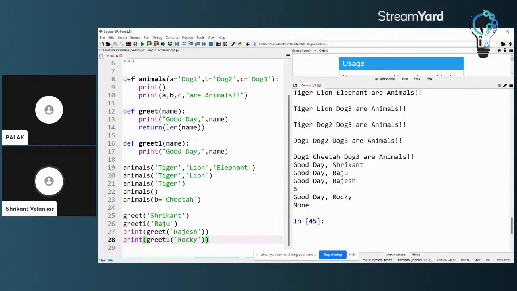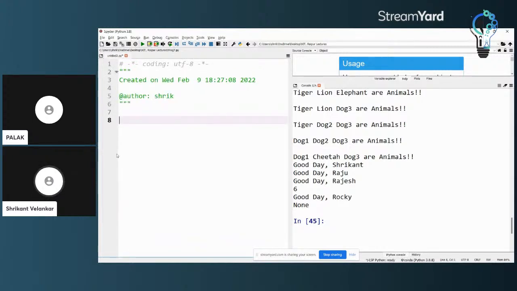I will save this and we will close this also. Now, the last thing is that a library can be made with many functions. Many different functions can be taken and we can make a library out of them. So I will try to create a library out of this, what is in Python called a module.